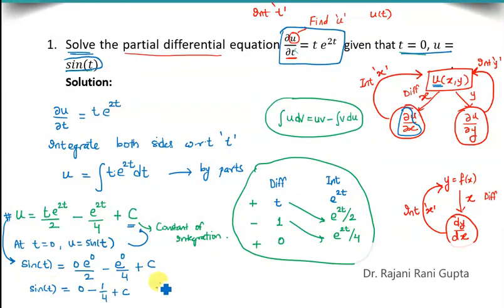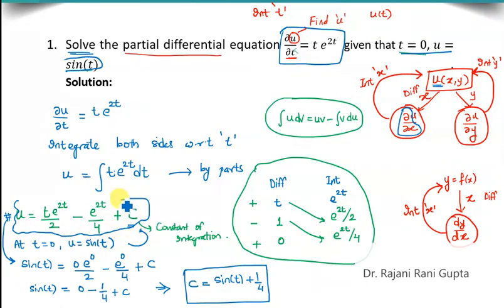So are we able to find the value of c? Yes. Move this 1 over 4 to the other side. So this gives you sine of t plus 1 by 4. So we get this value of c. Now use this value of c in this equation. That will give you the solution of u